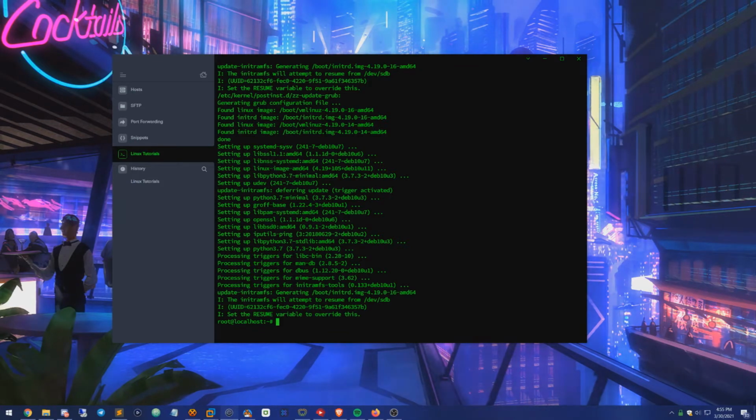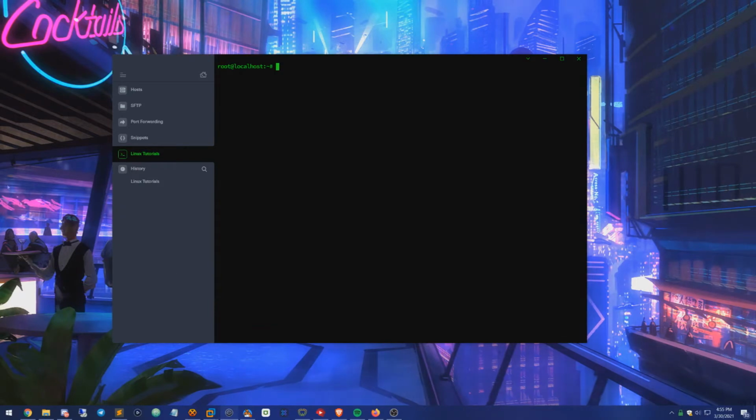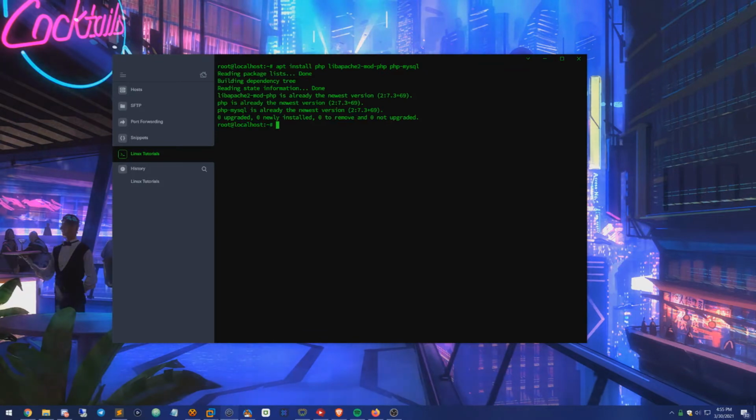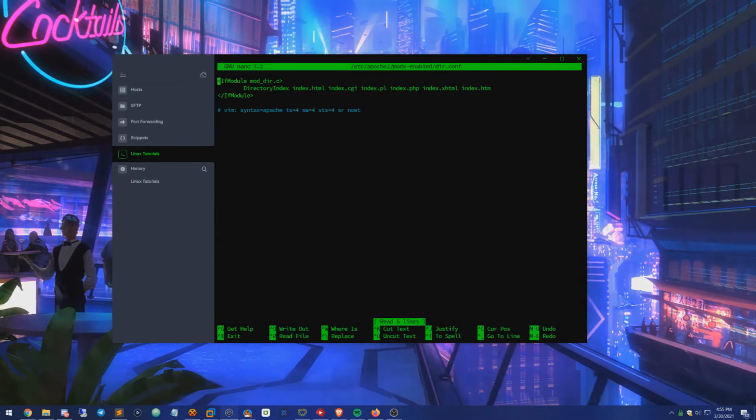I haven't really been paying attention to this here, but let's just assume it's updated. So the first thing we're going to do here is this command, the apt install php and so on. So it looks like we already have it installed from the phpMyAdmin video, or it came with the box. The next thing we're going to do is nano this file here, which is in /etc/apache2/mods-enabled/dir.conf,